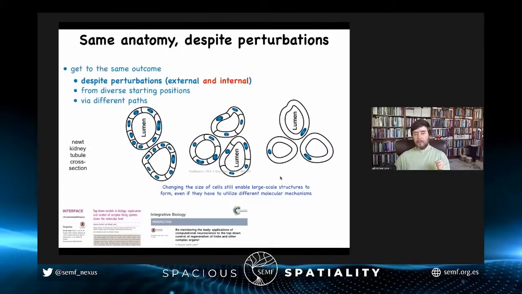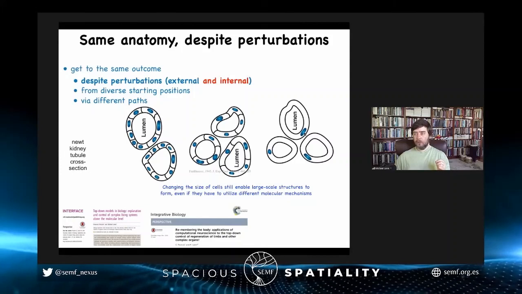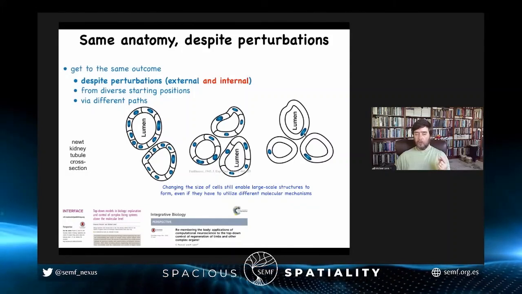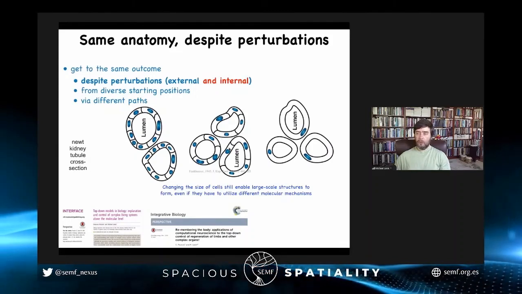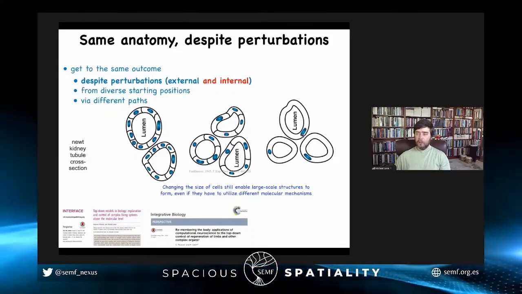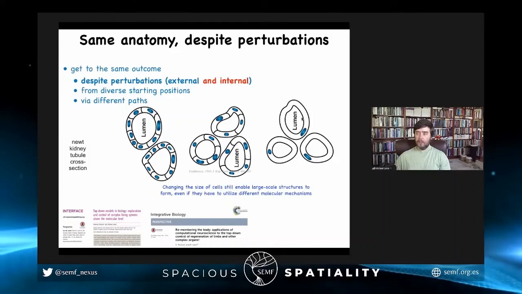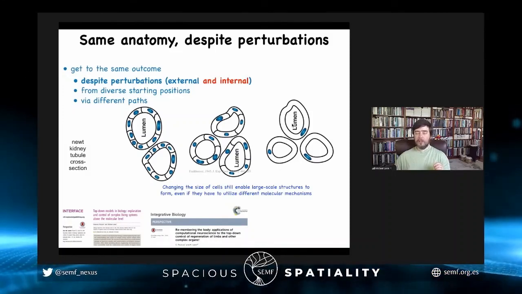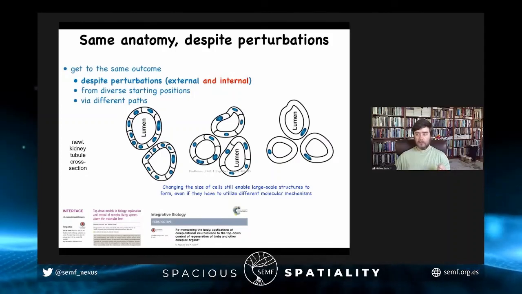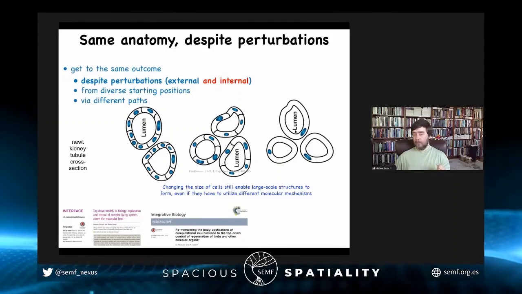But the most amazing thing is that when you make these cells absolutely gigantic, so that only one cell is big enough to make the whole lumen, it will no longer cooperate with other cells. One cell will bend around itself, making the exact same lumen. Now, the incredible thing about that is this is a different molecular mechanism. This was cell-to-cell communication. This is cytoskeletal bending.